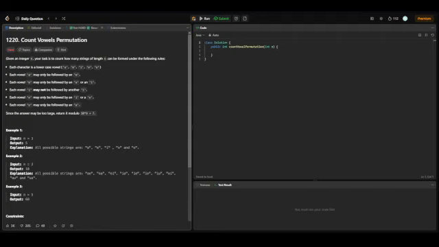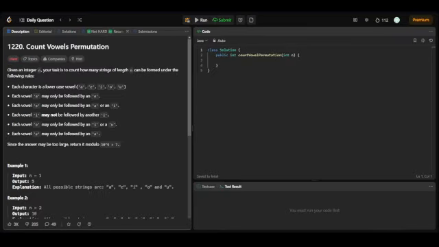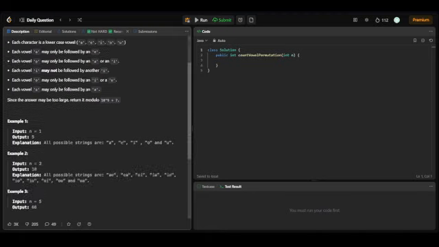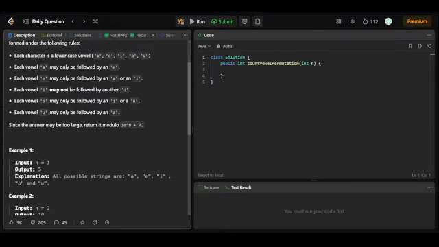Okay, so hello people. Today we'll be solving LeetCode daily question 1220, which is basically Count Vowels Permutation. In this, we're given an integer n, and we have to tell how many strings of that length can be formed using the following rules. And in this case, we have so many rules: each character is a lowercase vowel, that is